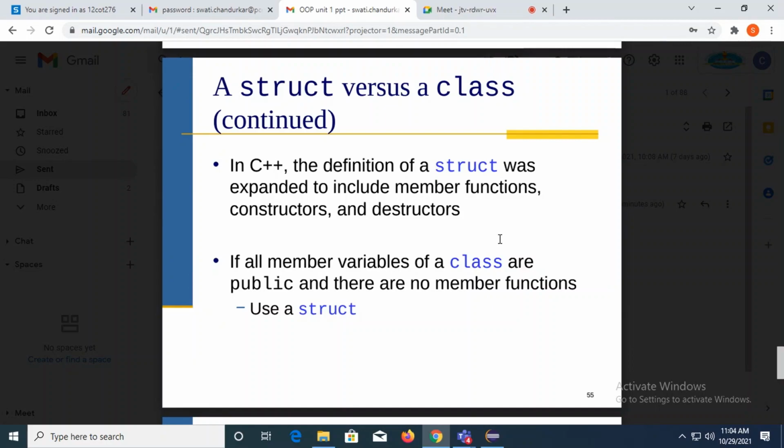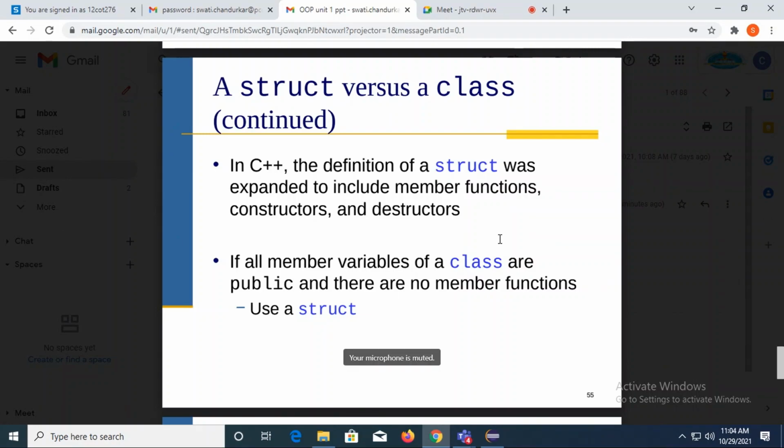Next, in C++, the definition of the structure was expanded to include member functions, constructors, and destructors. You might have a question: ma'am, we are writing a class in C++, but can I write a structure in C++? Yes, you can write a structure in C++. Structure is also available in C++.